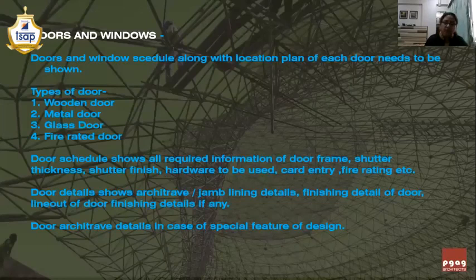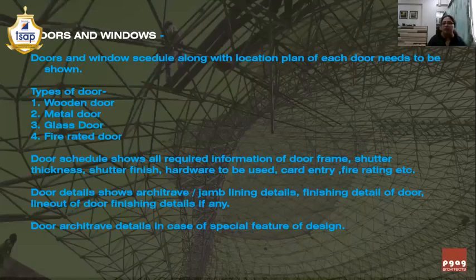so that the contractor will take care of the electricity connection with that particular door. Then if the doors are fire rated, as per the ISO standard, whatever the fire rating required, and as per the fire NOC of that particular project, what is the fire rating required for that particular door needs to be mentioned. It can be 30 minutes, 60 minutes, 90 minutes, varying as per that.